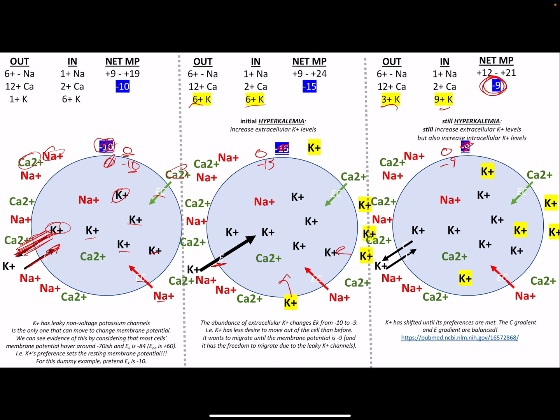potassium is what sets the membrane potential. And if I have a lot more potassium on the outside of the cell, then the potassium does not want to leave. So effectively, the electric potential of potassium might be negative 100 normally, but now it's going down. Or actually, I guess it's negative 84, but now it's going down from negative 84 to maybe like negative 74. So having potassium on the outside decreases the electric potential, the desire of potassium to leave, and therefore the membrane